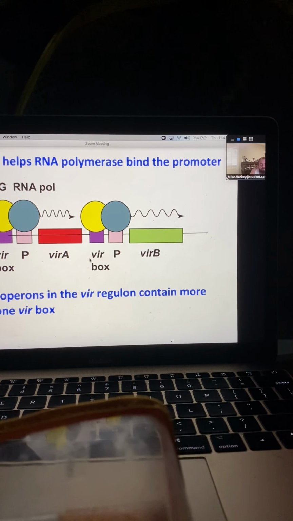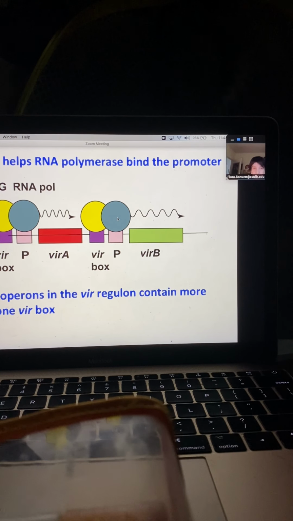Oh, okay, thank you. And that has to do with also, then you will have multiple VirG molecules binding, and will have to do with the strength of the promoter, how much that region is transcribed. So it gets into subtle questions of how each of these is regulated, because not all of them are regulated to the same extent. In other words, you don't make as many transcripts from each of these regions, but these are subtleties of regulation